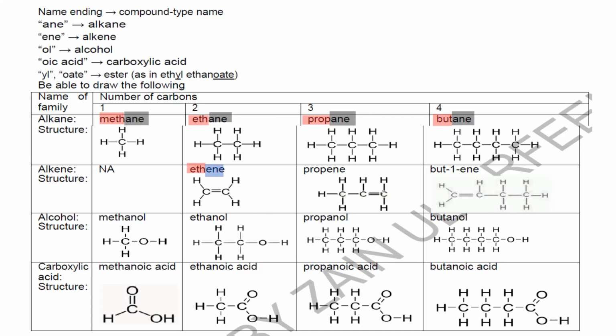Three carbon atoms, 1, 2, 3. So because of the three, we use the term prefix prop. And they have a double bond with the first carbon. Look,